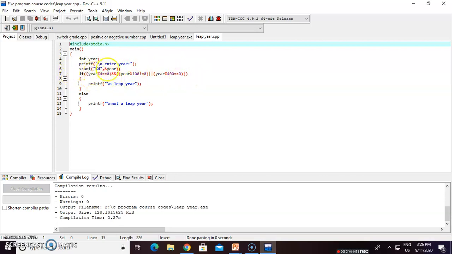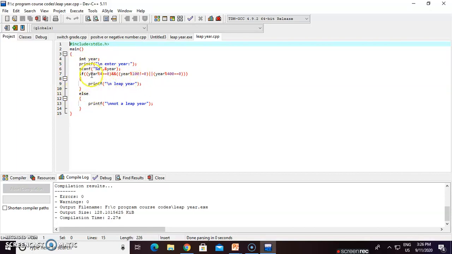If year % 4 == 0 && ... Here % means modulus, and && is a logical AND, meaning this statement is true and this whole bracketed statement is also true. Then go to the if block, otherwise go to the else block.